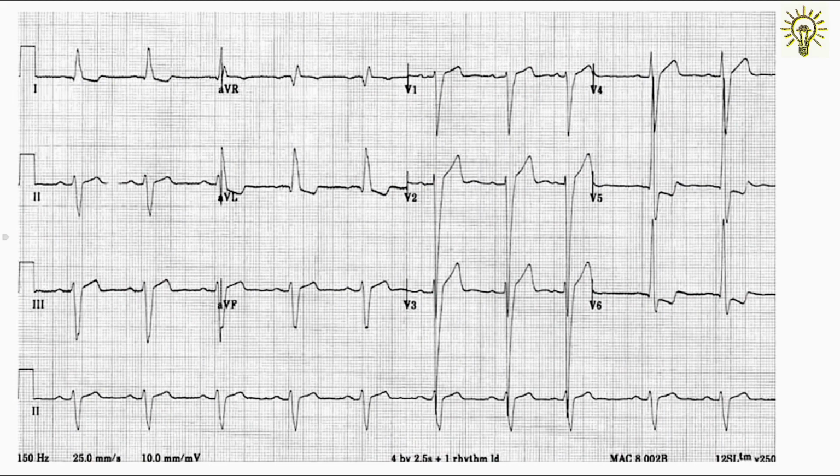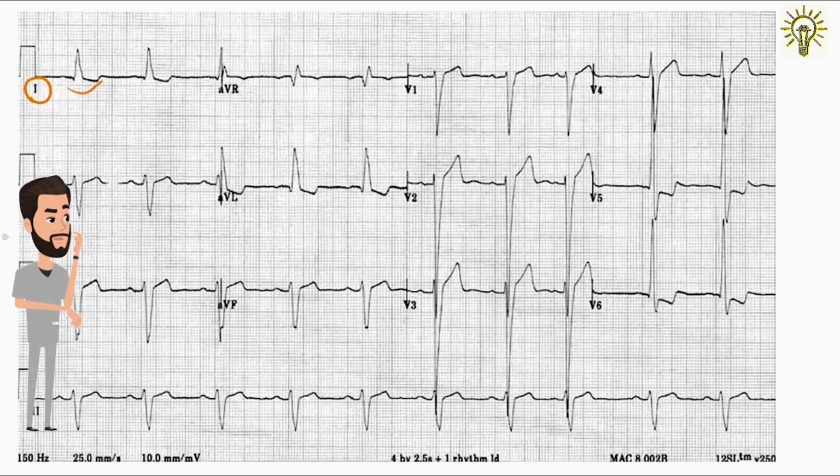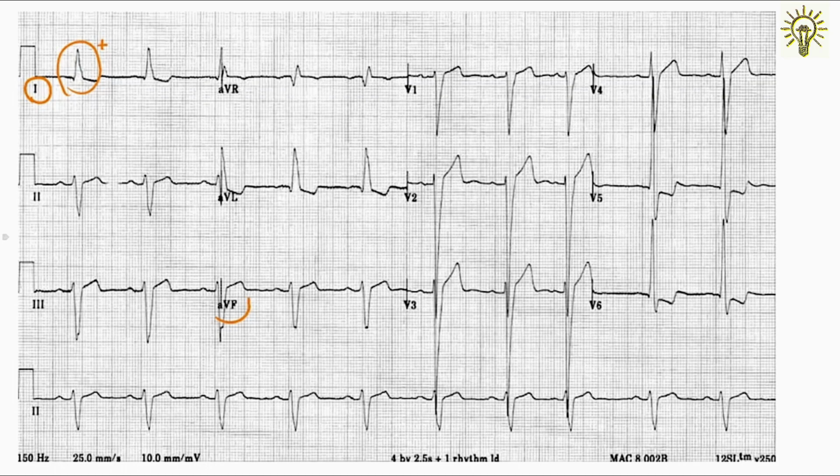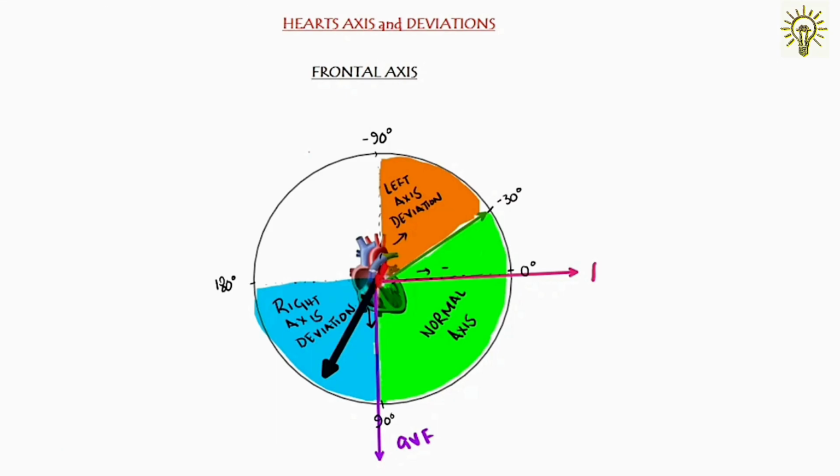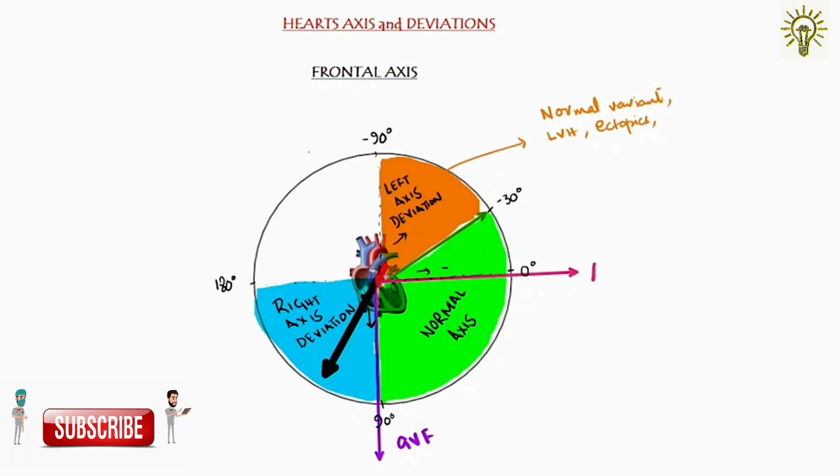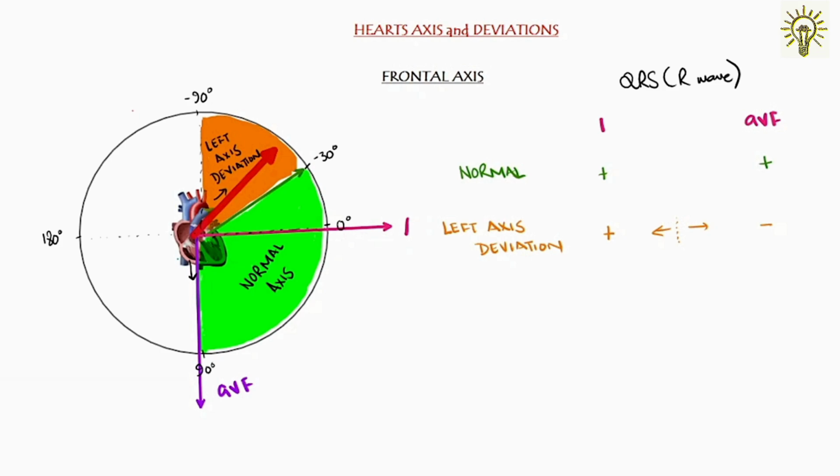Let's see this on a 12 lead ECG. In this ECG, you can see positive going lead 1, but in lead AVF, the QRS complex is downgoing. So, a left axis deviation. In normal ECG, both the leads will have upgoing deflection. Left axis deviation can be normal variant or due to any disease causing left ventricular hypertrophy or displacement such as mediastinal shifts. Now we have discussed this earlier that ECG leads register the left ventricular depolarization above right ventricular vector currents,